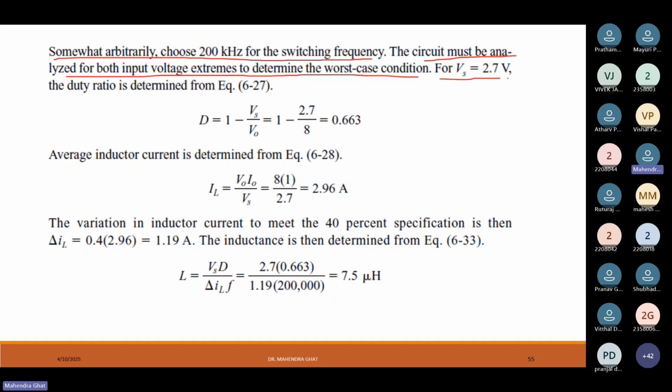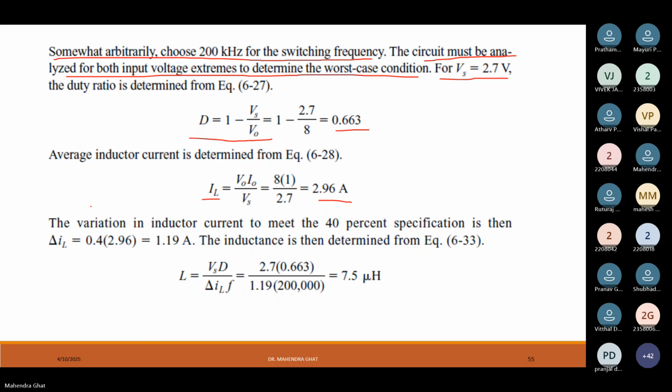Now first for Vs equal to 2.7, which is the lowest voltage, D will be calculated as 1 minus Vs by Vo, which is 1 minus 2.7 by 8, and the duty is 0.663. For this duty, the average current IL is given by Vo Io divided by Vs. Vo is 8 volt constant, Io is 1 ampere given, Vs is 2.7, so it gives 2.96